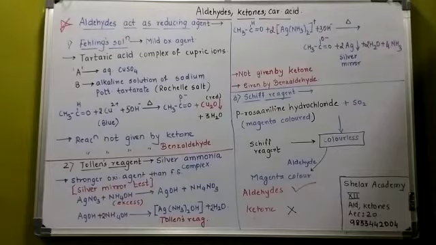The third is called Schiff's reagent. One thing clear: Schiff's base, if you remember, was from the ammonia derivatives, where the very first reaction was with the primary amine, which gave us Schiff's base. And this is Schiff's reagent. The two are different. They are not the same. What is Schiff's reagent? It is a dye.